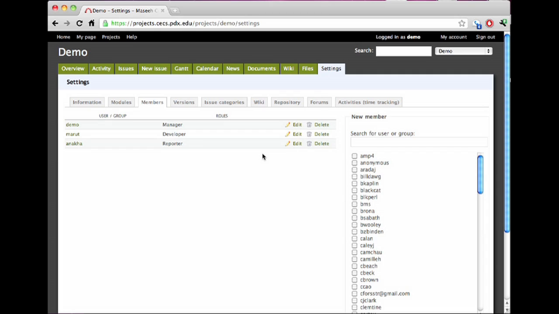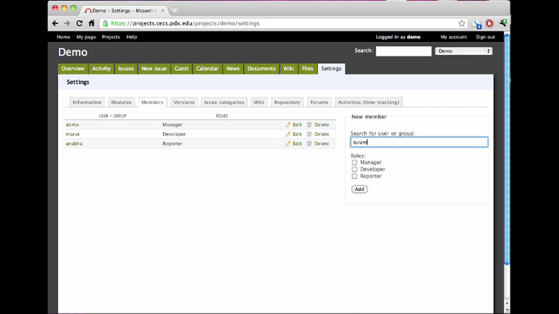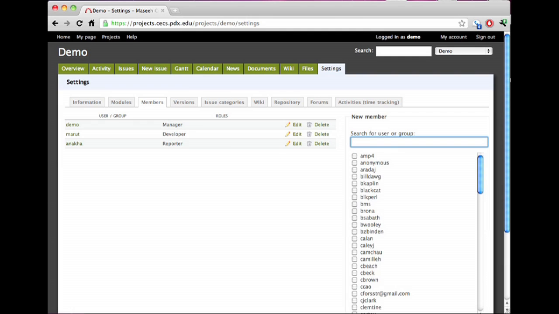Okay. So, membership. Of note, the list of members that is being displayed right here is not necessarily the entire list of all MKEX users. Before someone will show up in this list, they need to log in to projects.kx.pdx.edu. Use MKEX credentials, but your account is created on the fly the first time you log in. So for example, I'm looking for a user called Turam. That user doesn't exist yet. What I'm going to have to do,